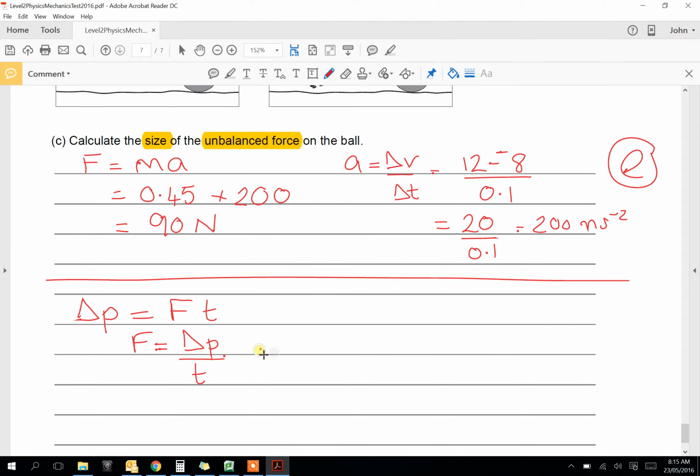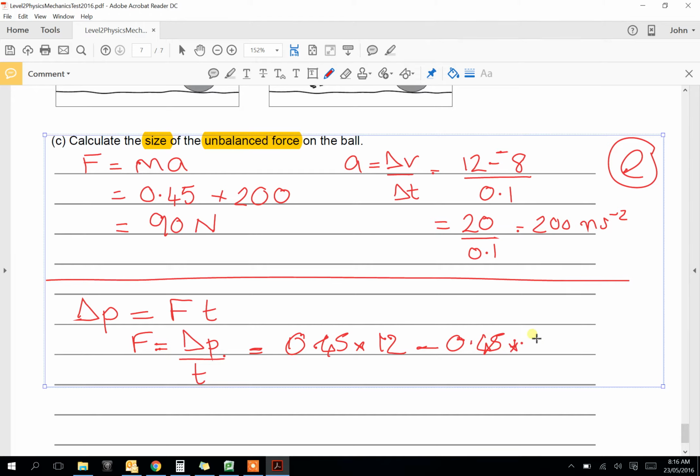And you might have said change in momentum equals final momentum, so mass 0.45 times velocity 12 minus initial momentum, same mass, times initial velocity, and you might have recognized that the initial velocity is minus 8 because of that direction, divided by